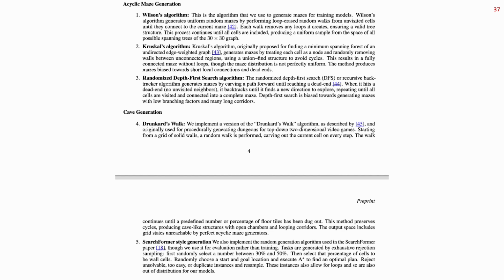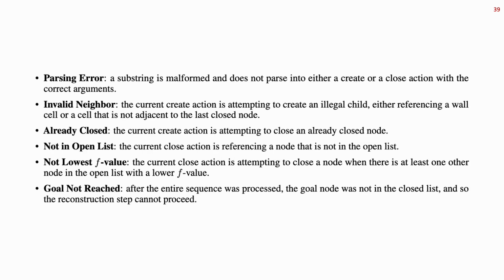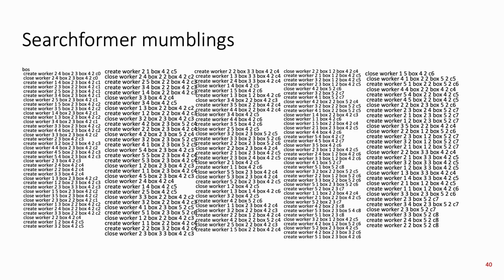And then for each of them, we solve these mazes using A-star search. A-star search essentially modifies two different data structures, the open list and the closed list. So you take all the modifications that it does, that's the intermediate tokens, followed by the solution. In fact, there's work like Searchformer and Stream of Search, which show that if you train the LLM not just with problem and solution, but problem, intermediate tokens and solution this way, its performance improves.